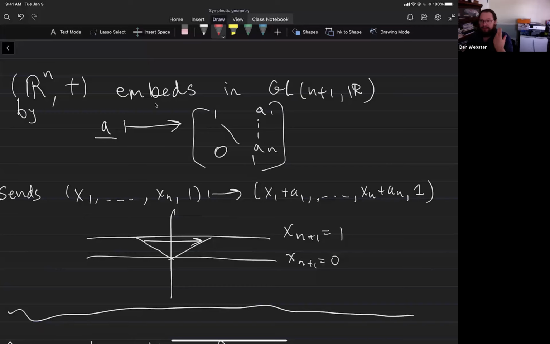So another kind of obvious example of a Lie group is to think about R^n itself as a manifold with the group structure given by addition. Now, again, you can very explicitly check that everything appearing there is smooth, right? Inverse is just multiplication by -1. Addition is just coordinate-wise addition. So that's obviously a Lie group. But it also has an, at least not totally obvious, embedding into GL_{n+1}(R),